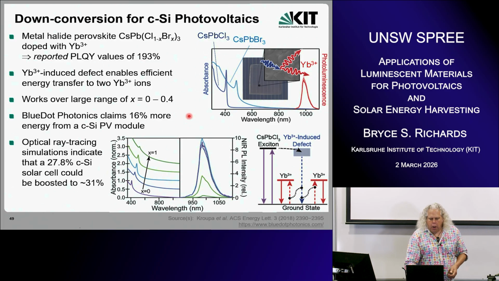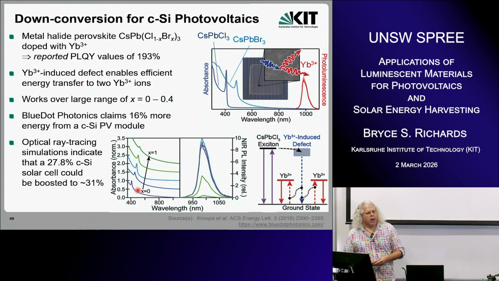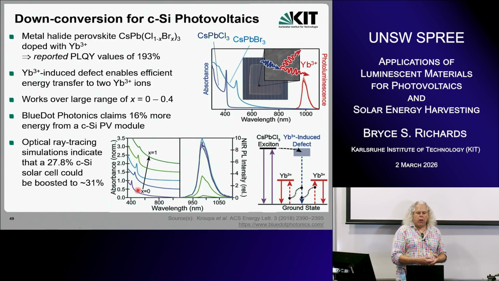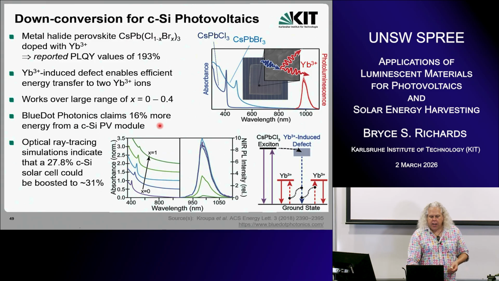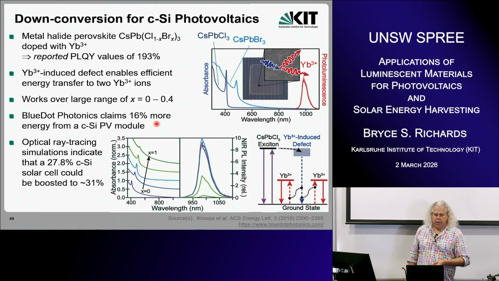So results seemed really encouraging. It didn't really matter so much about the bromine concentration. You can see here any of these blue curves, whether it's 0%, 20%, or 40% of your bromine, they all work pretty well. And a spin-off company was started out of this called Blue Dot Photonics. They exist still today, and they claim that you have 16% more energy coming out of your photovoltaic module with